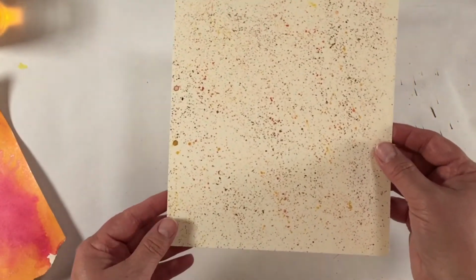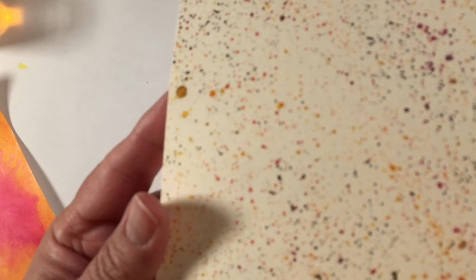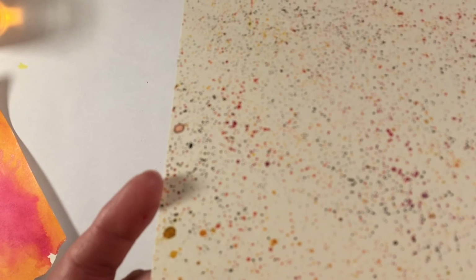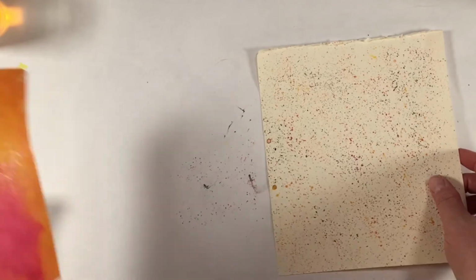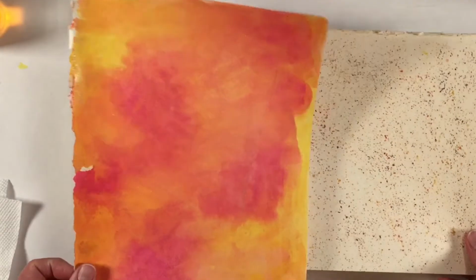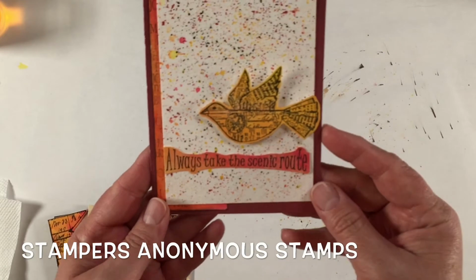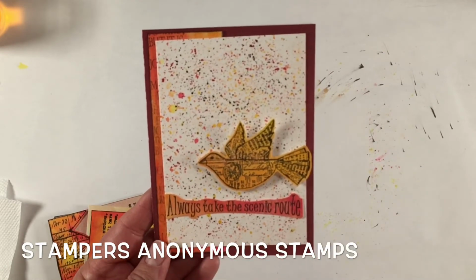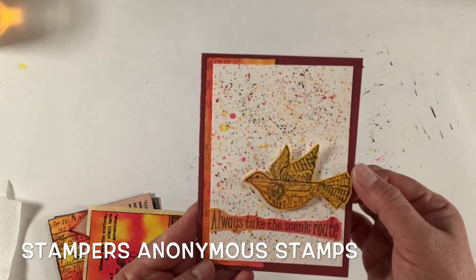This is the splattered one, and I don't know if I can move this closer. I can, and it will stay in focus. This again is beautiful, and the shimmer from these inks is incredible. So once you have these backgrounds done, then you can stamp them and use them as layering pieces for your project. This is the card that we will put together, and I've used the colored background on some MOMENTA cardstock